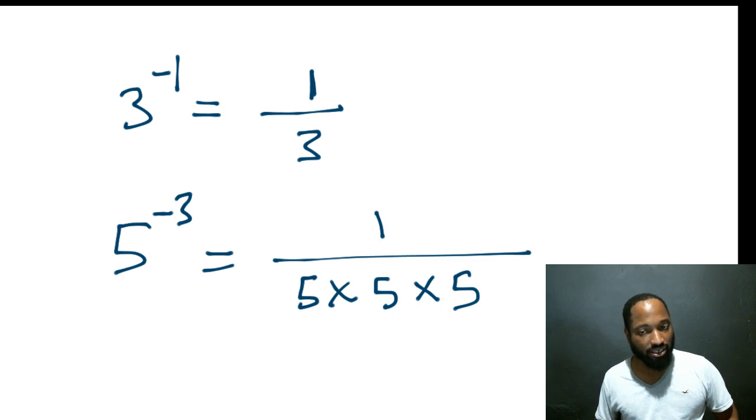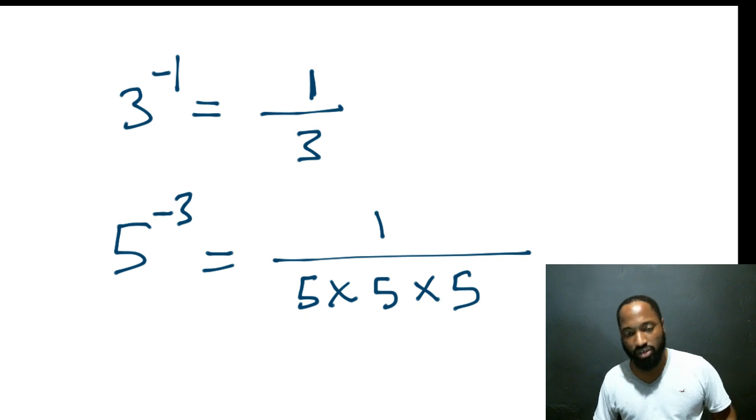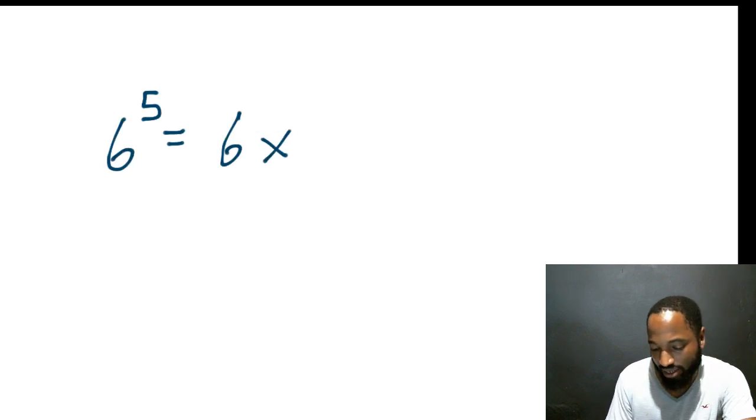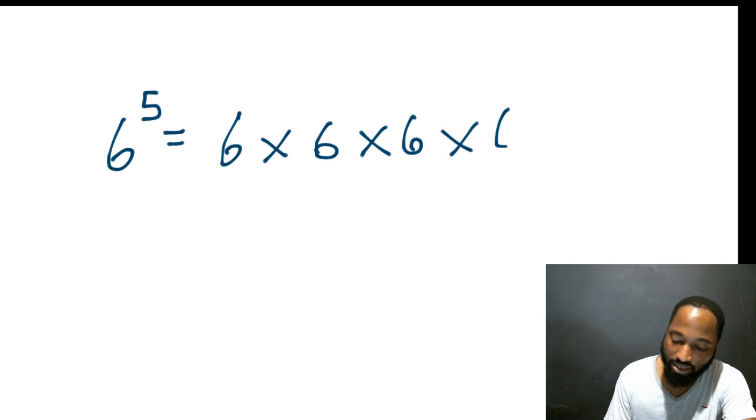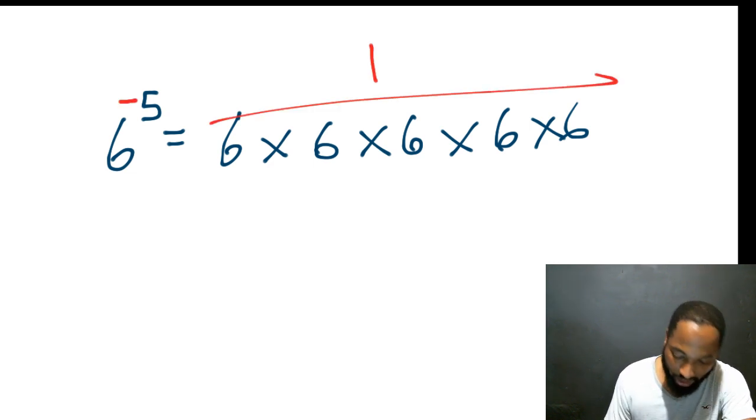Right? I'll loosen here, do it again, repeat it again, say the negative rule. Yeah, okay, no problem. So the positive rule just says multiply. If I have 6 to the power of 5, it says 6 by 6 by 6 by 6 by 6, 5 times. But if I just put a negative sign there, it means bam. This whole thing is going to come under 1.